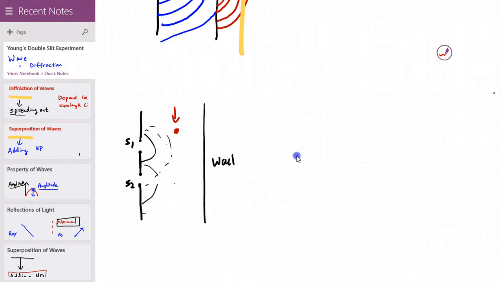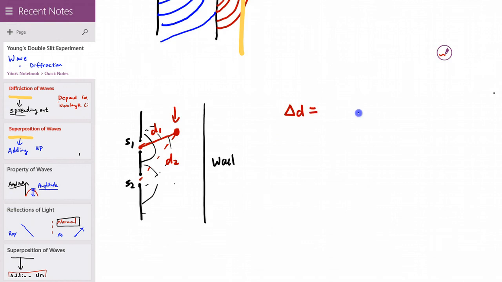The mathematical model he used: he measured the distance from any particular point to slit 1, that's D1. Then he measured the distance from that point to slit 2, D2. He figured out that the difference between D1 and D2